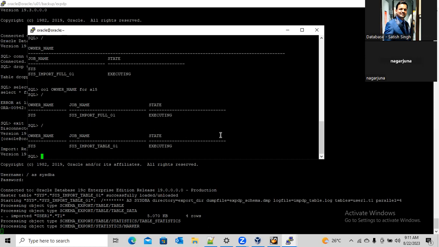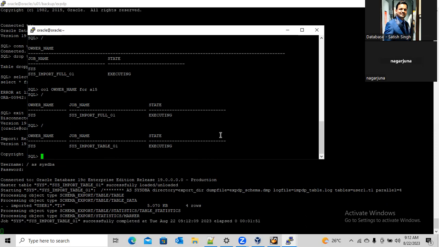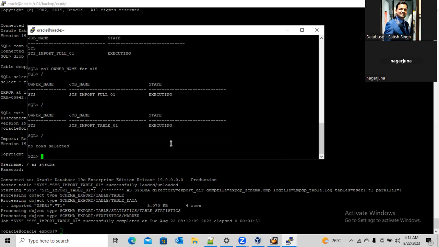After it, we will stop the session, and I will show you import from the EXP backup, how to perform IMP. Today we performed the IMPDP, and tomorrow we will perform the IMP one. Now here you can see the restoration is completed, and if we check again here, it will give you no rows selected,